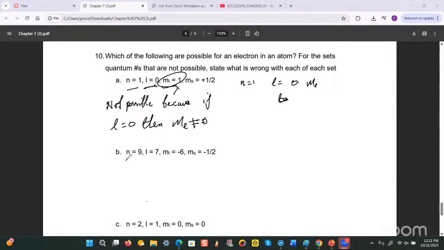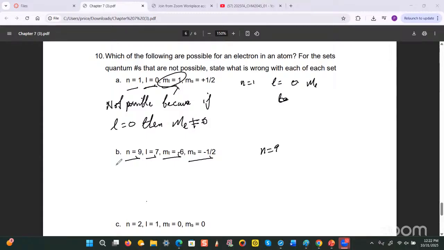They gave you n is equal to 9, L is equal to 7, ML is equal to -6, and MS is equal to -½. So is this possible? Why not? N equals 9. You can have n equal 9. N can be any integer from 1 to infinity. Then isn't it all correct then? Exactly. Nothing is wrong with this set here because if n is equal to 9, then it is possible for